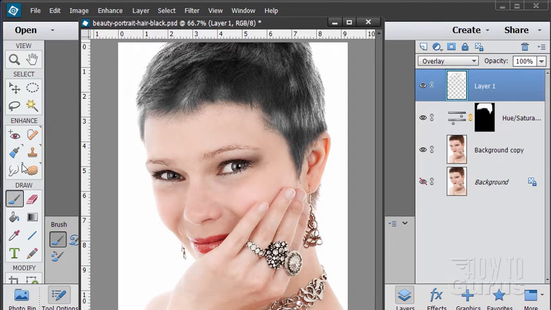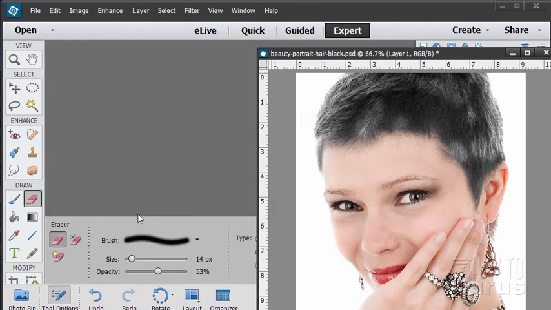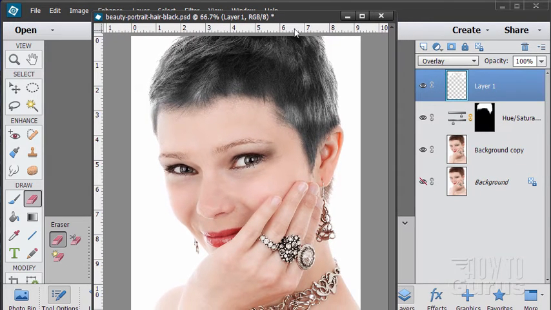So I'm going to take my eraser, and we're going to simply erase out the parts that we don't want. Let's come back and bring my size up. That's pretty good. Make sure you're on that layer 1. That's the layer that has the coloration. So I'll come in here and I'm just going to erase out some of those that I don't like, just